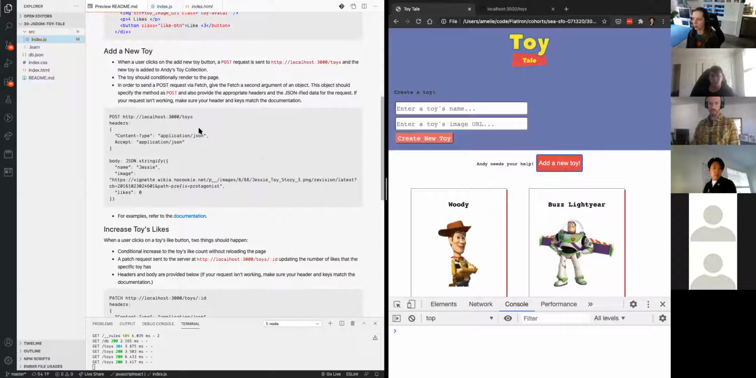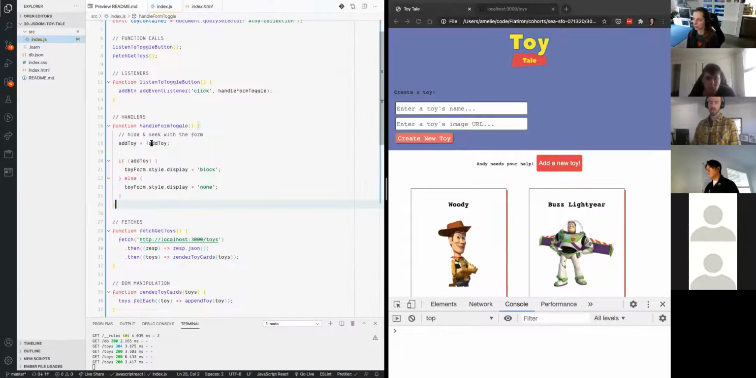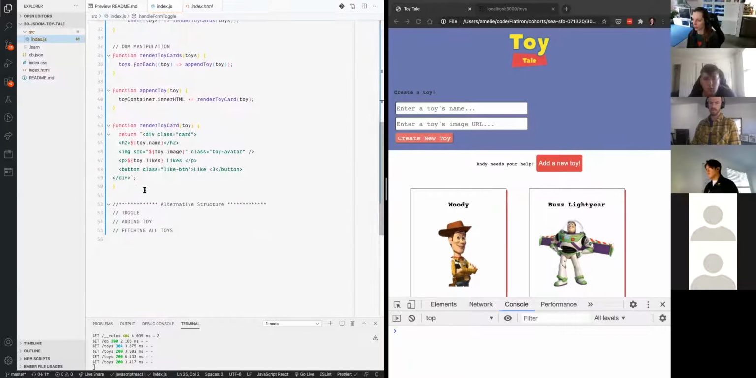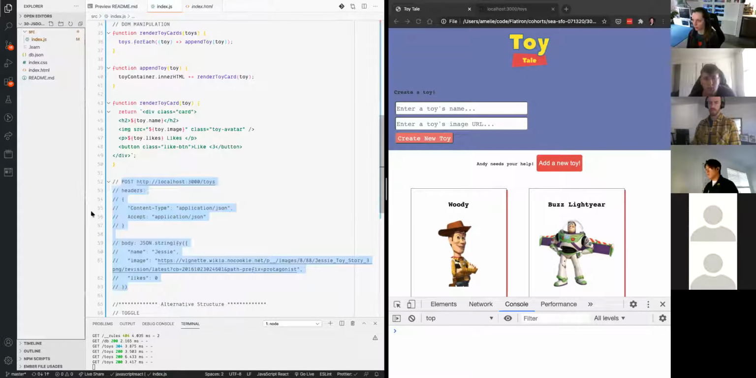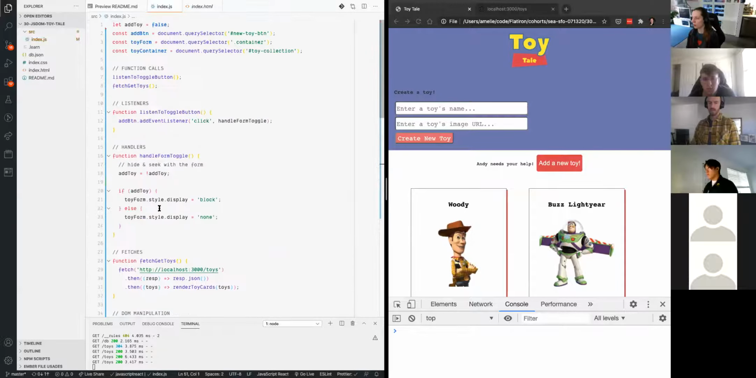Our README even tells us what kind of request we're going to make. So I'm actually going to copy this code. This is super helpful to me. Tells me what my headers are supposed to be, the body and everything. And I'm going to jump back to my JavaScript file, and I am going to just add that as a comment down here so that I can keep this around for a little bit. Okay, so in order to add a new toy,